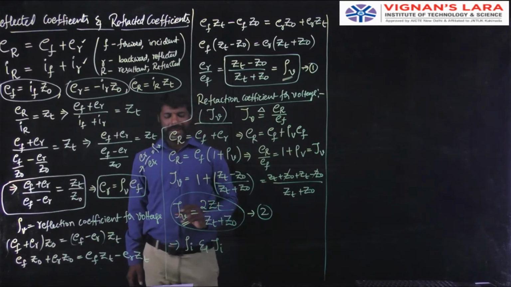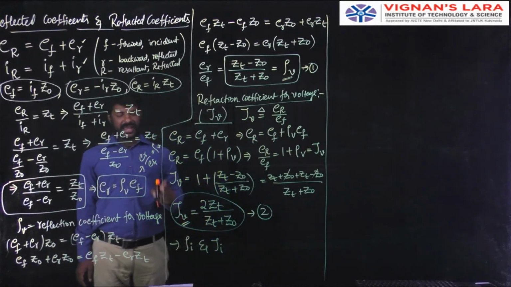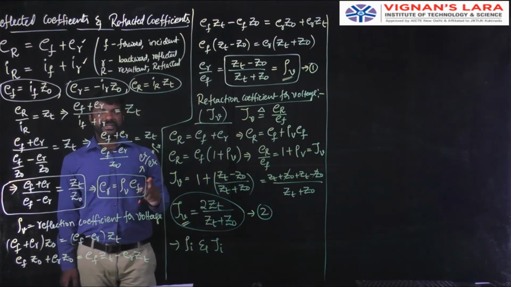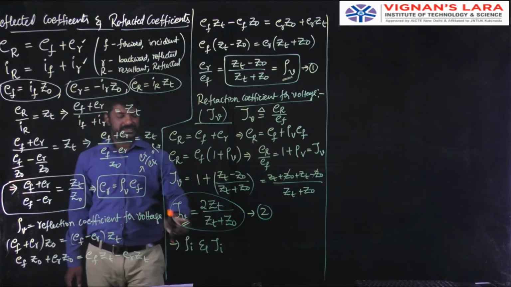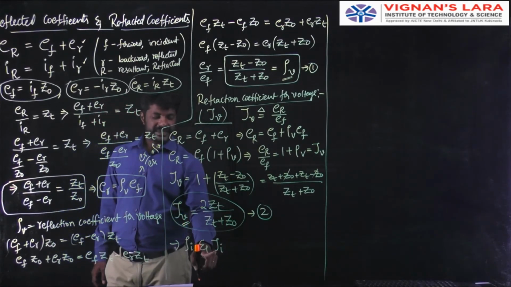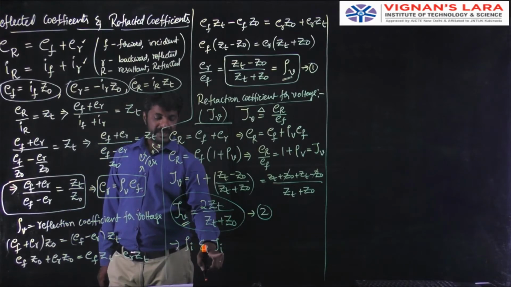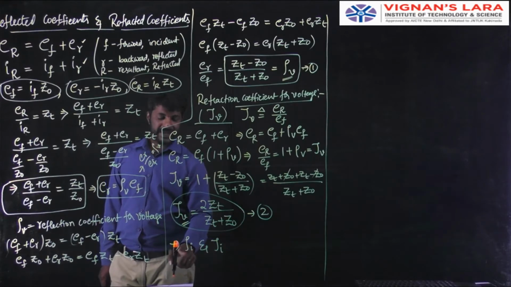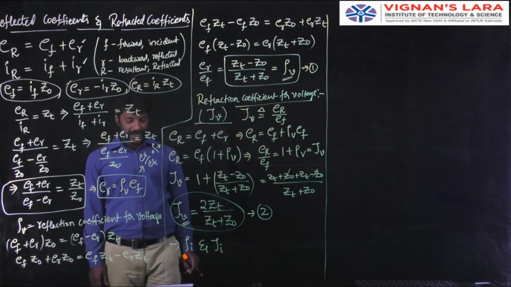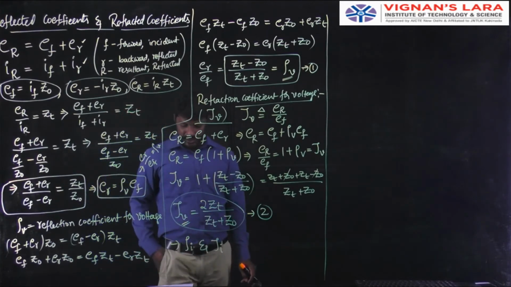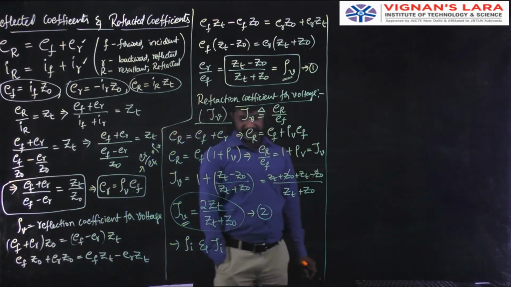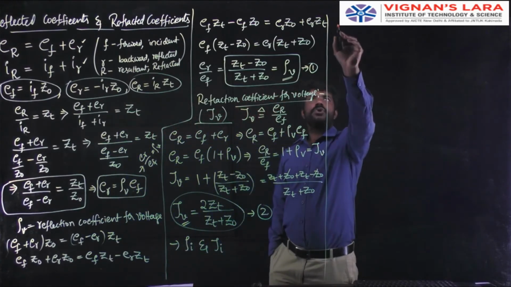What is rho I? Rho represents reflection, I represents current: the reflected current coefficient. Next, tau I. Tau represents refraction, I represents current. I can call this the current refraction coefficient or current transmission coefficient. So let me get rho I and tau I separately. To get rho I, what is the definition of rho I?